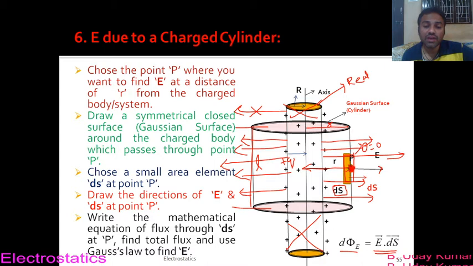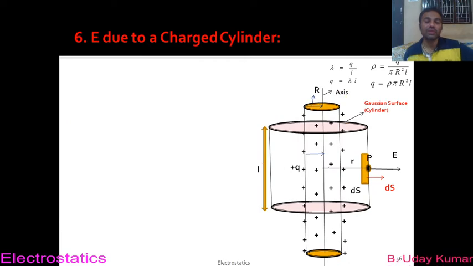Okay, so now I have taken the charge inside this Gaussian cylinder as plus q, right? And this is the plus q, which is the total amount of charge that is present on this part of the charged cylinder. From here to here, the total amount of charge present inside the charged cylinder, I have taken it as Q here, and I have taken the length of the Gaussian cylinder as small l. So now you can apply the formulas of lambda and rho to find the relations between lambda, rho in terms of Q. Anyway, let us move on to our next one.